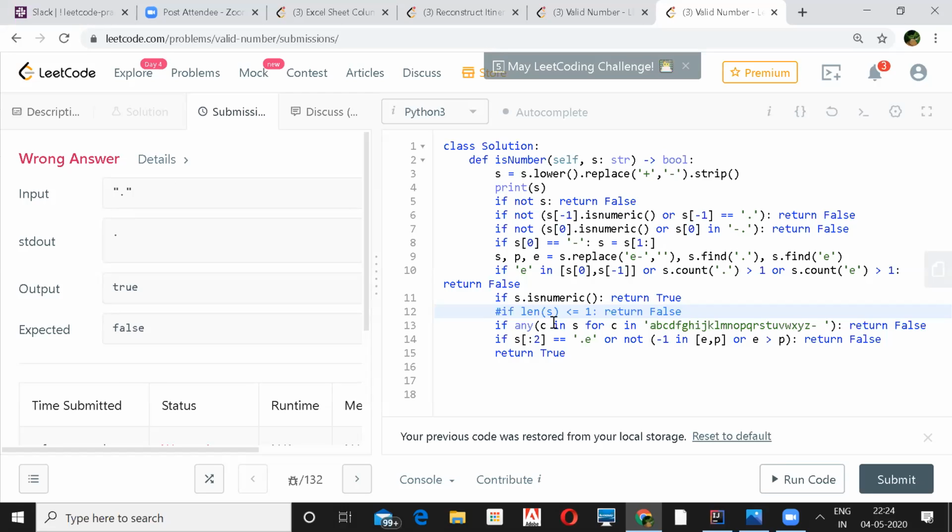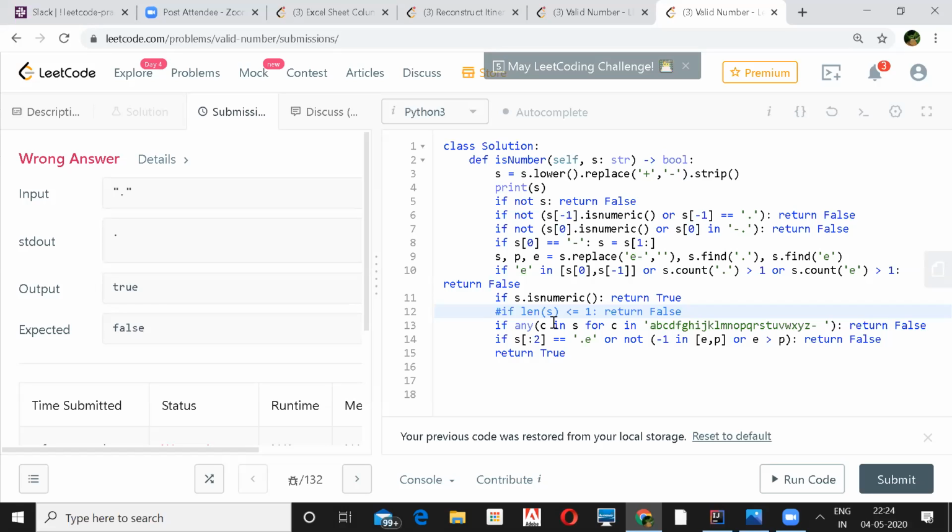But in case of 1, it's already 1, right? So if you have a dot, it will still be a string of length 1, valid, right? Oh, okay. Actually, I got it. The line above that is numeric. So 1 will pass here and it will return true immediately. Correct, yeah. If it is a single character that is not a number, then you are actually checking. So that's a valid case.